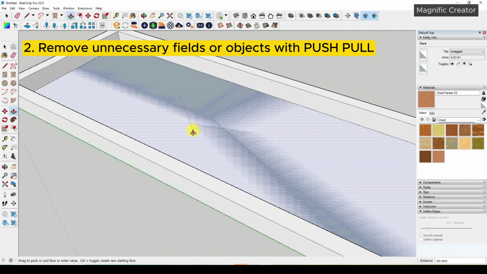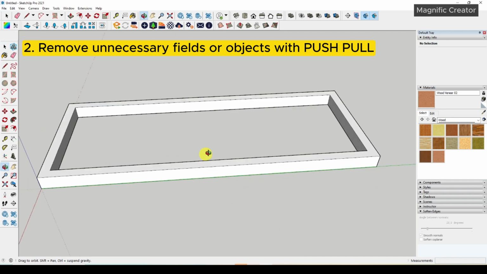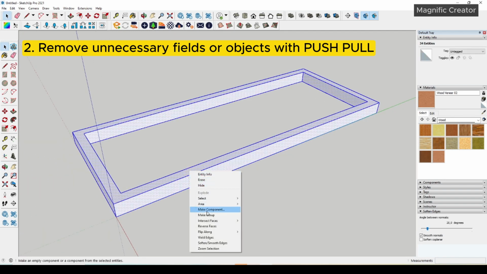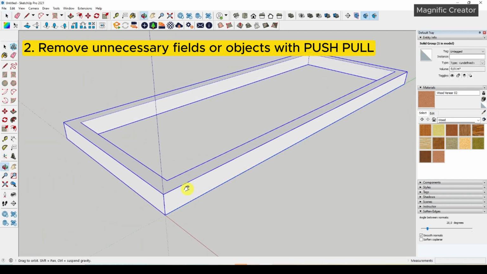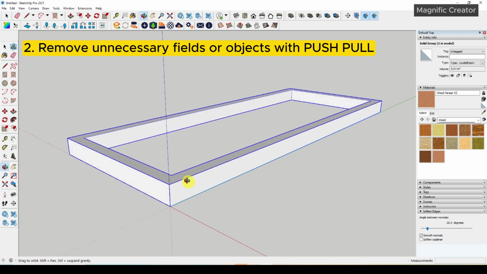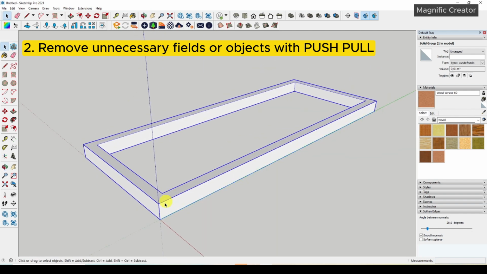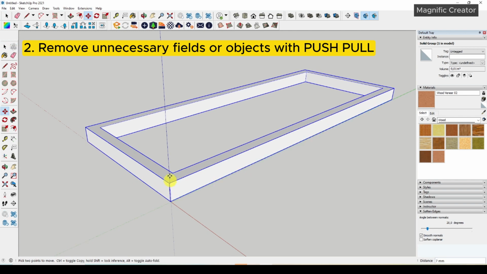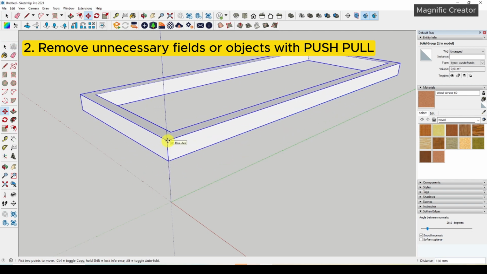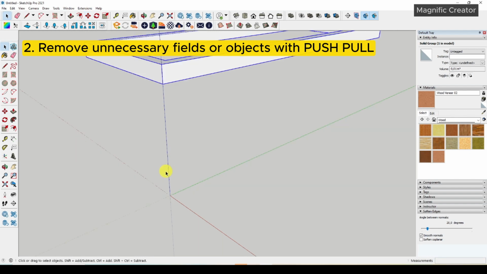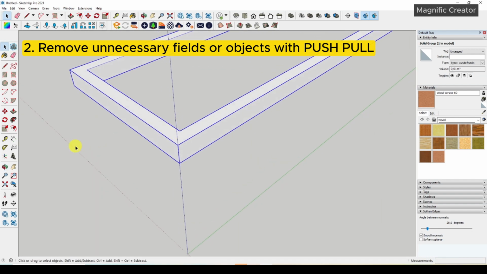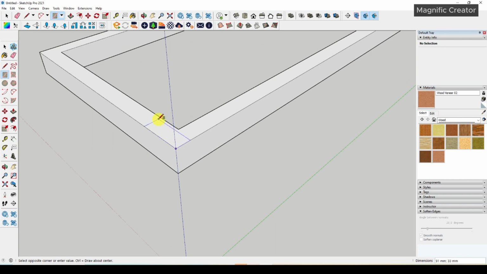Then you can delete some unnecessary object with a push and pull tools, something like this. Then after that you can move it up until 400 millimeter like this. Then you should make a